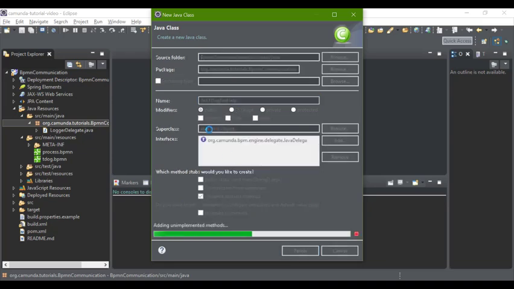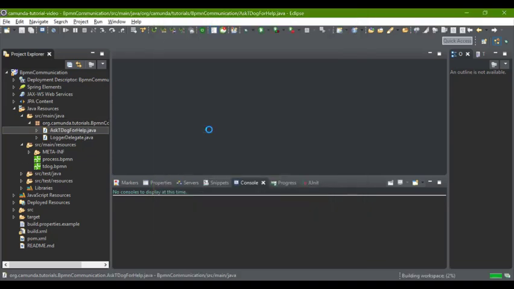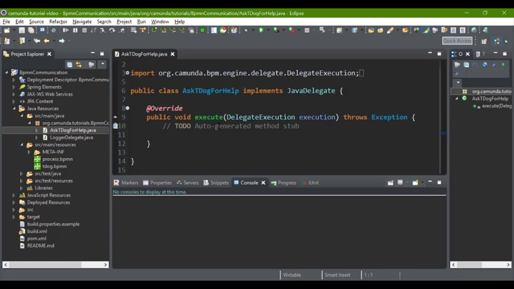So this will create a Java class that will have an execute method. Alrighty, so this method basically gives us what runs when you attach a Java class to a symbol in BPMN, and that is run by the engine. So in this case, we're sending a message to the engine that is going to trigger another process.